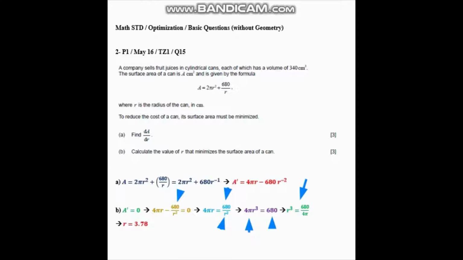And this final step right there is doable using the GDC. You just get the cubic root of this expression, and this is easy enough to do. So I would recommend that you try to take a second look at this method, because this pattern is repeated a lot in optimization problems. We will meet a lot of problems that require similar algebra in order to isolate the variable and find the